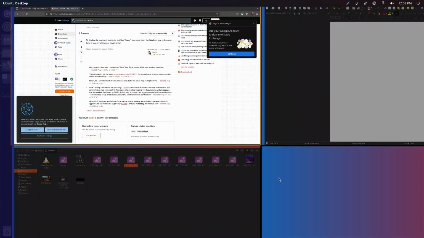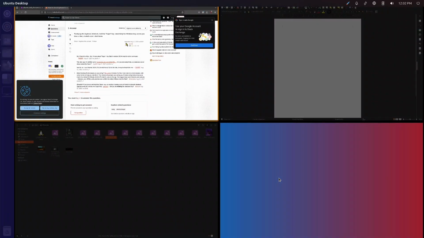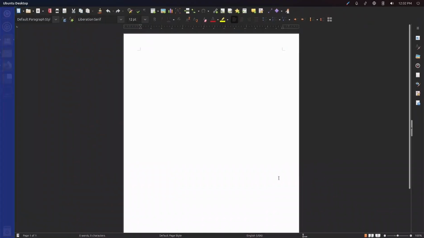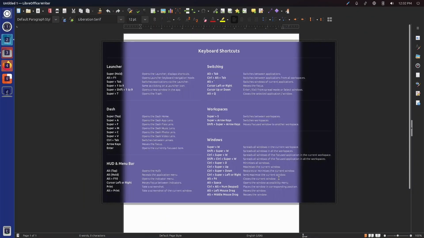Okay. And then I can use the arrow keys to move around this screen. And then Shift Alt. No. Super Alt. And hold on.